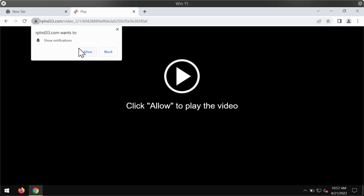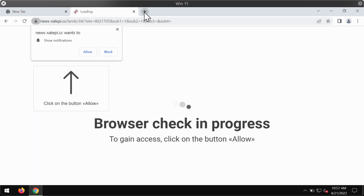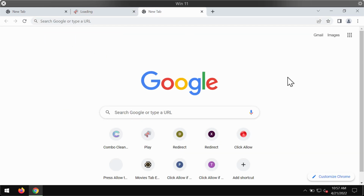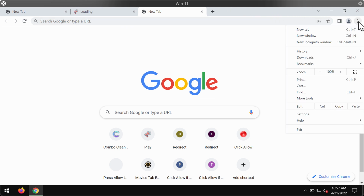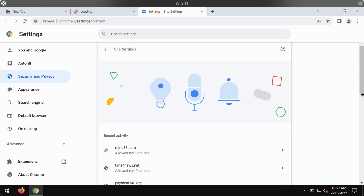The point is that if the allow button is mistakenly clicked, the browser gets hijacked, you may be forwarded to some other junk pages, and because of that you may also start receiving a lot of advertisements in the right part of the screen. To remove these ads, go to the menu, go to Settings, choose Security and Privacy, Site